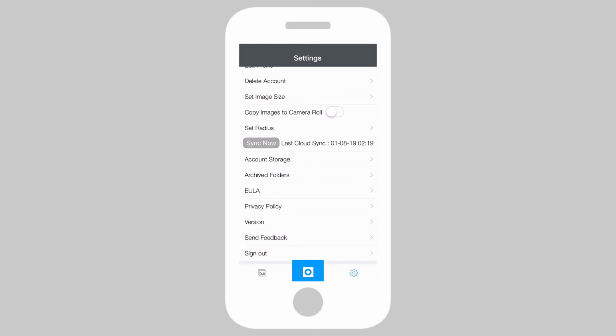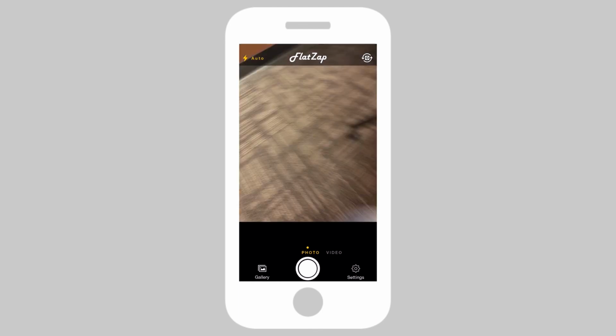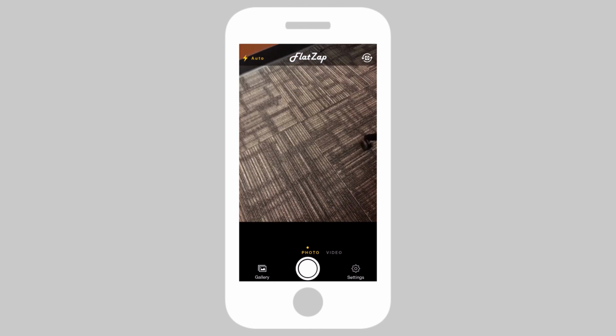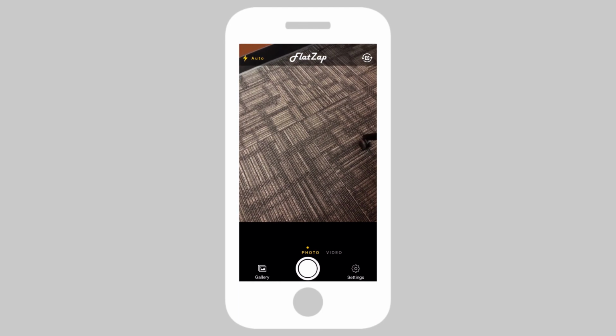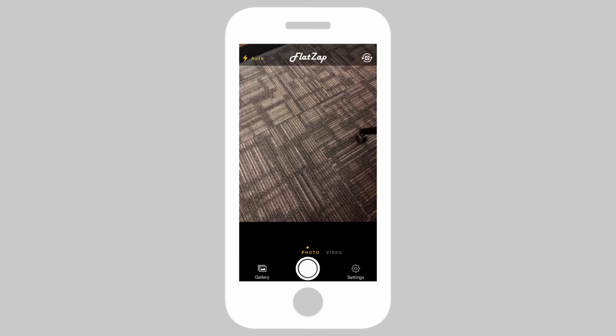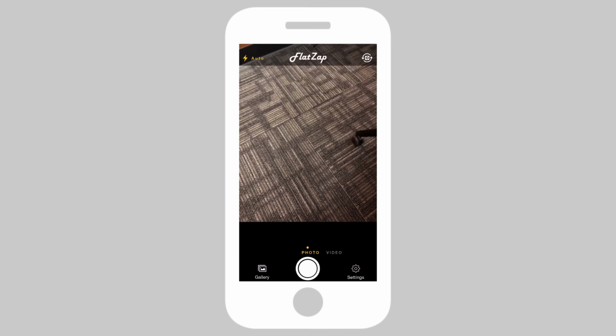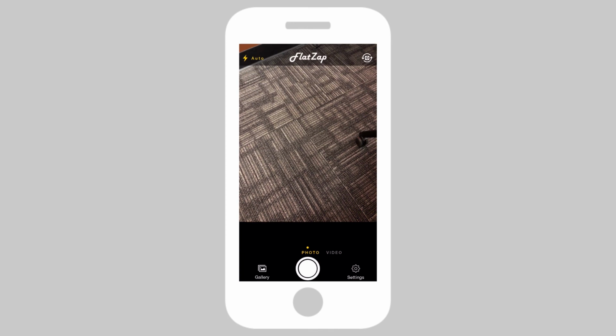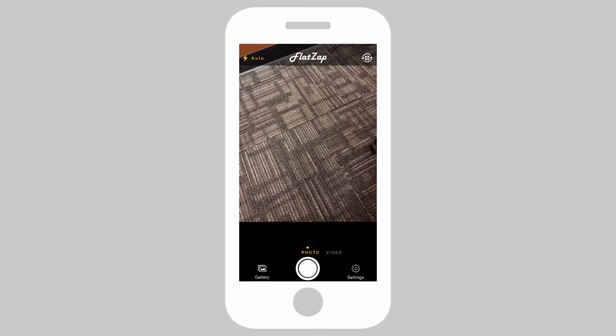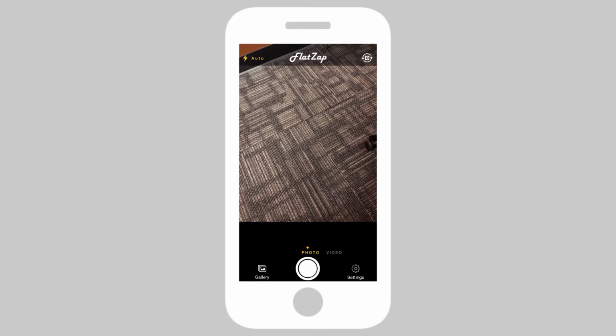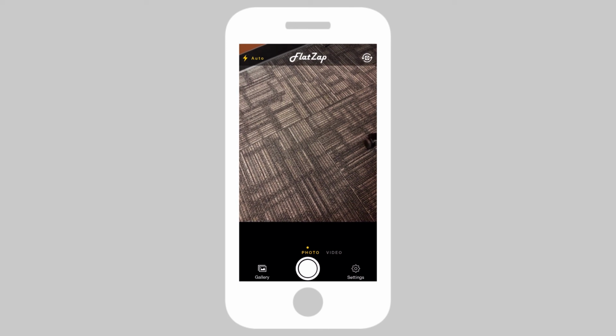Now, we go back to the regular camera view, which is your standard view. You can also shoot video from this view, so you can do photo or video, and it will capture to the location. This is a fairly detailed overview of all the features and benefits of the FlatZap